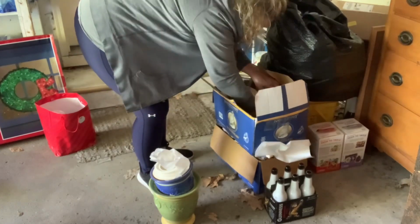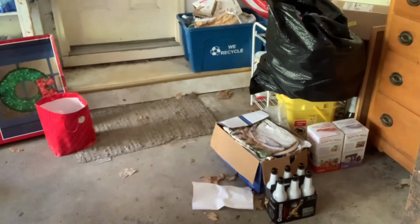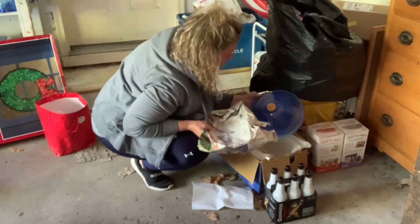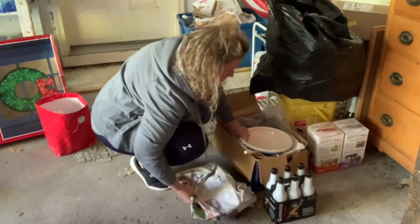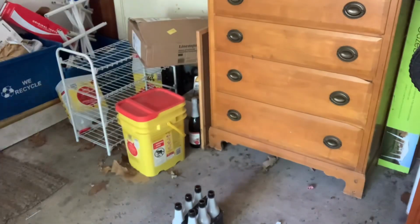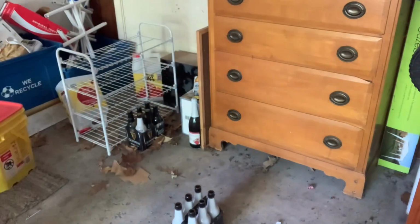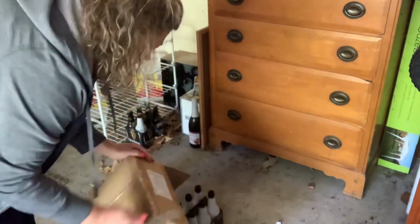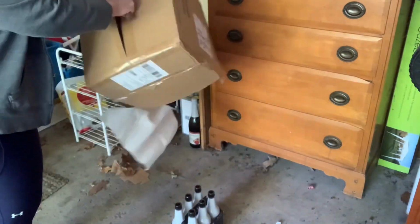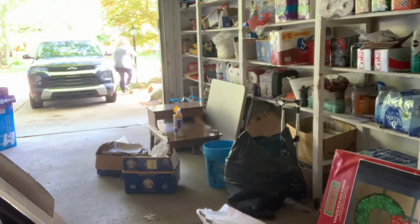My grandmother, who I was very, very close with, passed away in 2010. We bought this house in 2011. Then my grandfather passed away in 2012. And I just could not bear to see a lot of things go to somebody else. So I took a lot of things that I probably shouldn't have taken that have been sitting in the garage